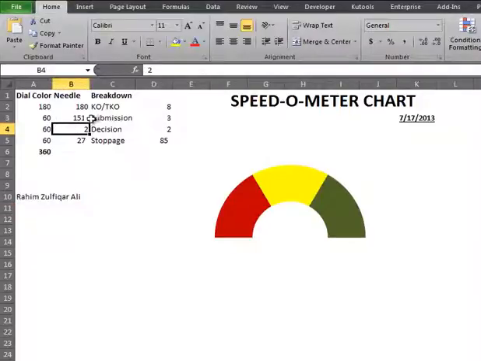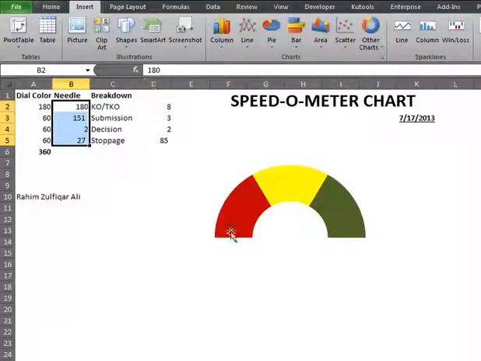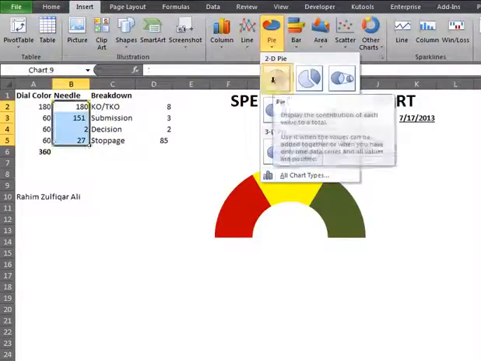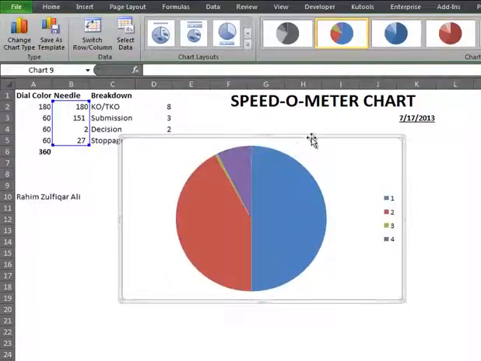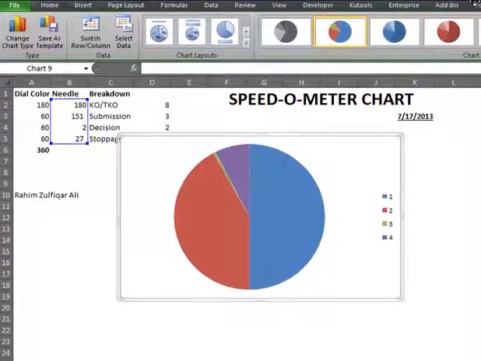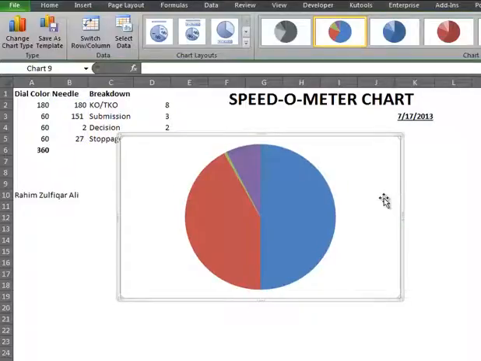Okay, let's quickly make a pie chart also for the needle to be included in the speedometer chart. Select the data from B2 till B5 and go to insert, click on pie chart and select 2D pie chart. As soon as you click on it, a default picture will be shown like this, and we have to make certain modifications to make only a needle in the pie chart. Click on the legend, press delete, and now you have to make all these areas no fill, just remaining this green thin area.